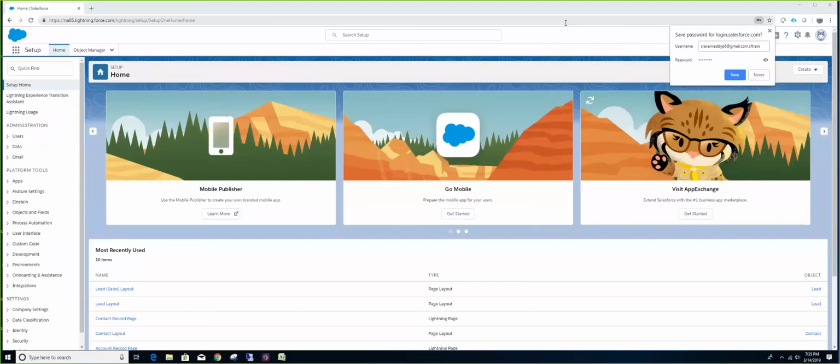So profile is nothing but a bunch of permissions like app access, tab access, object level permissions like read, create, edit, delete, view all, modify all, system permissions, administrative permissions, Apex class access. We saw what login hours are, login IP ranges, and then password policies. All that stuff is controlled by profile. So you can create custom profiles.